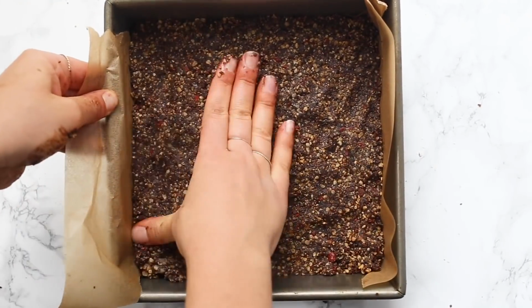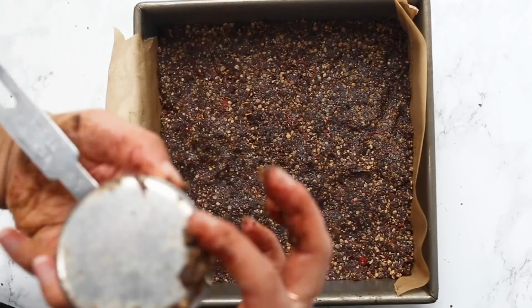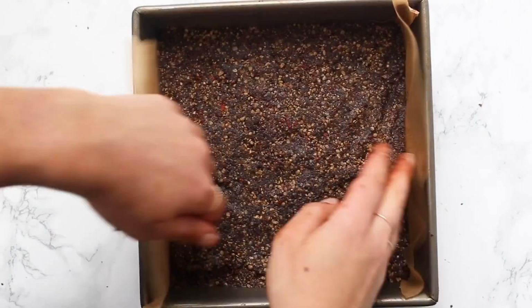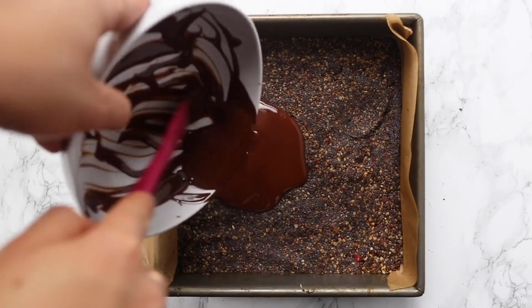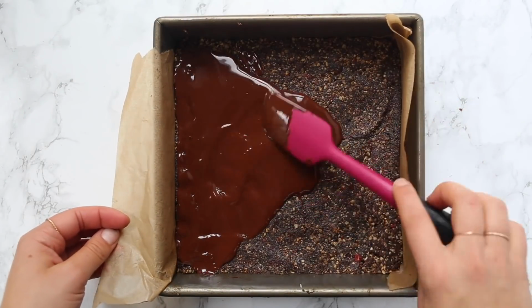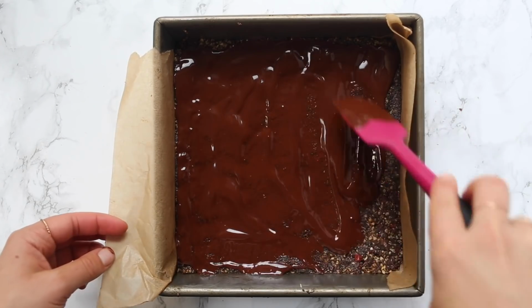Here you are probably gonna wanna use a measuring cup or a flat-bottomed glass to really make sure that you press it down firmly, because we're not baking this. We want it to be as packed down as possible so that when we cut them, they stay together. And once you have it all totally compacted, we're gonna just finish it off by topping it with some melted